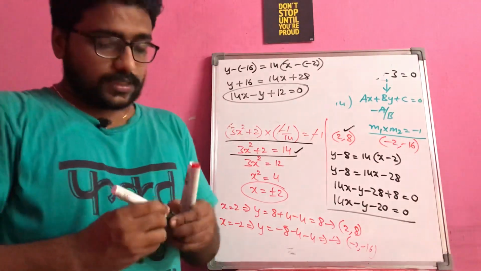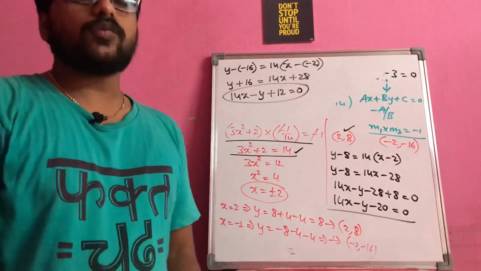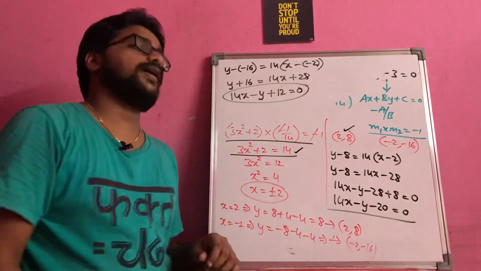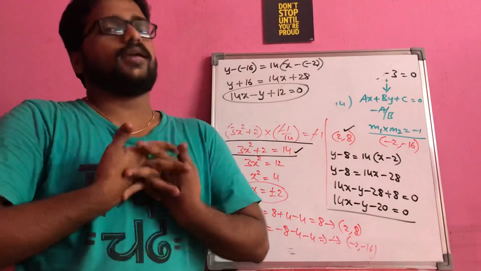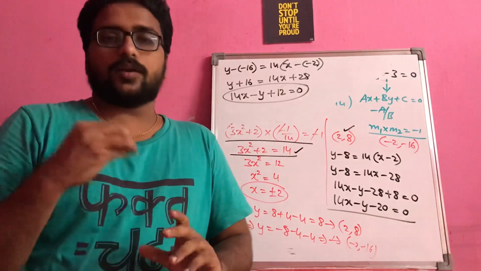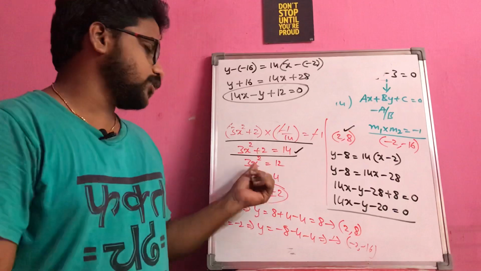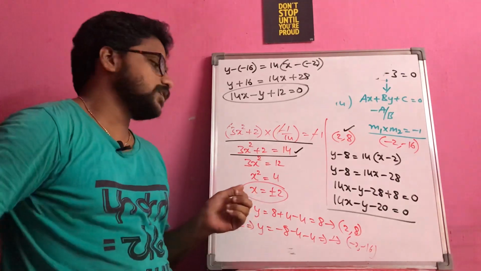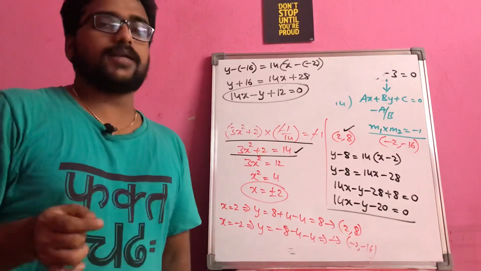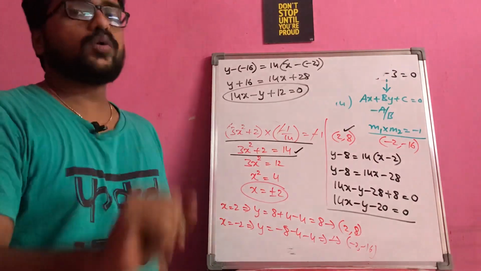So please don't think that they are asking you only one equation. Depending on the values of x you are getting and on the curve that you are drawing, you will be getting 2 or more tangents in a particular question. For example, as we are having a square here, as I am removing the square, I am getting plus or minus values, because of which I am getting 2 points, because of which I am getting the 2 tangents.